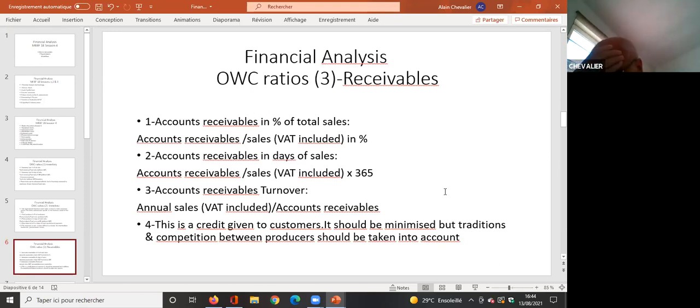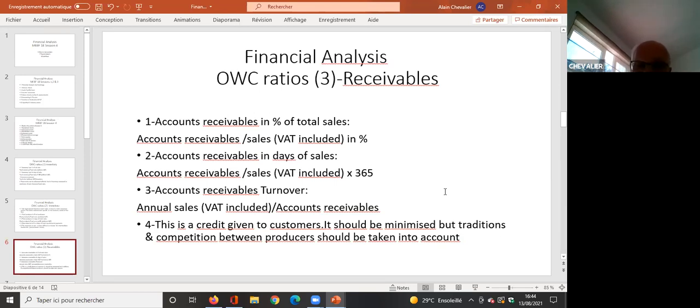And the drawback will be that a number of customers will not follow you, and will move to your competitors just because there is a difference in terms of credit, and for you in terms of account receivables. So you have to balance between